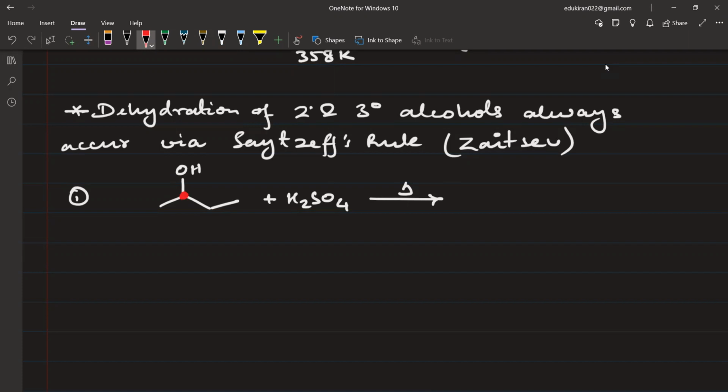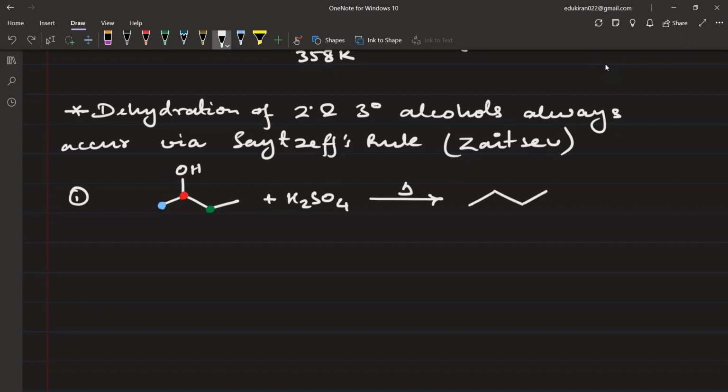Then you will identify the adjacent carbon, उसके बगल में, तो जिसके साथ bond बना रही है. So red is making a bond with this carbon atom here, and it is making a bond with this carbon atom here. Now you have to choose that carbon atom which is more substituted. So as you can see here, this blue carbon atom does not have any other alkyl group, but this green carbon has one alkyl group here. So the product that will be formed will be your major product.